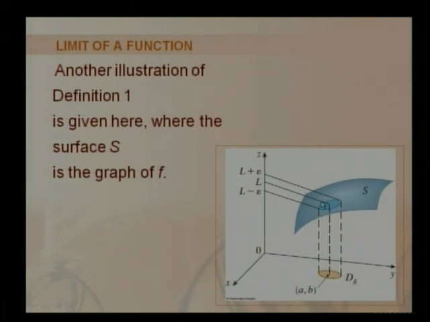It will be this circle, and this circle shows that this point is L and it has a radius epsilon. So we can get the value of function f(x,y) within that circle. So we get that the function f(x,y) is very close to L as the point (x,y) approaches (a,b). When we keep our point within this domain, we will get the value of function f(x,y) in that region, and this will show the